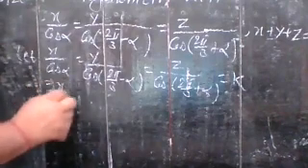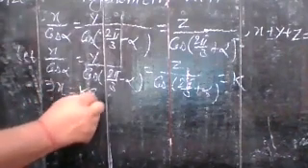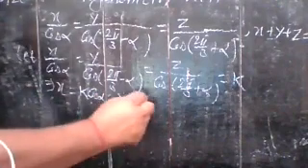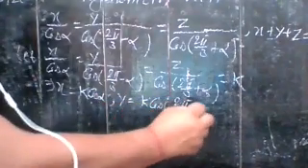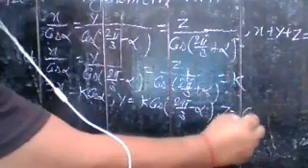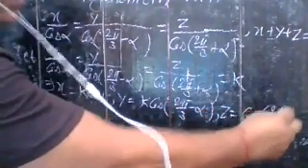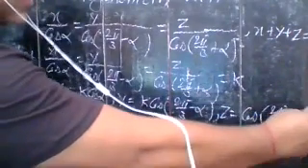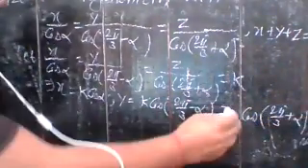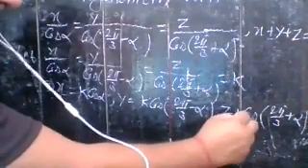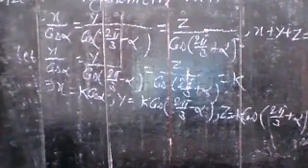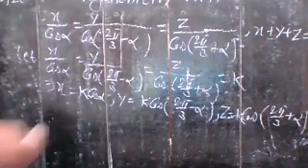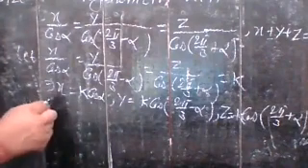So this implies x is equal to k cos alpha, y is equal to k times cos of 2 pi by 3 minus alpha, and z is equal to k times cos of 2 pi by 3 plus alpha. So in this way, you have the values of x, y and z. Now putting all those values in x, y and z, see what you have.